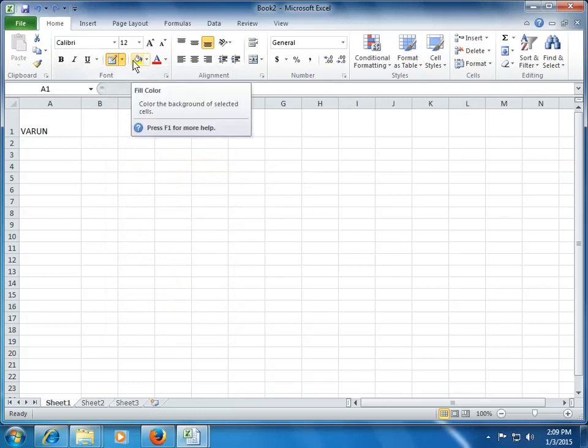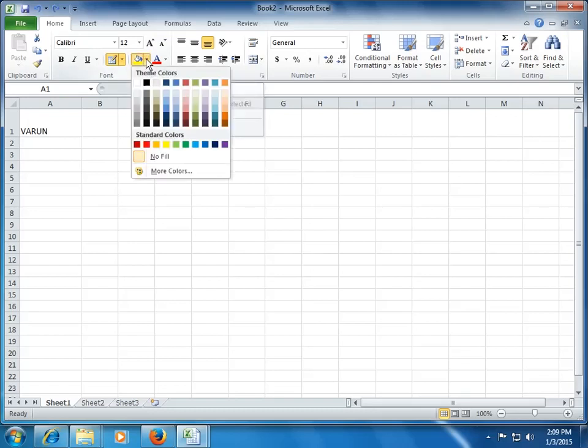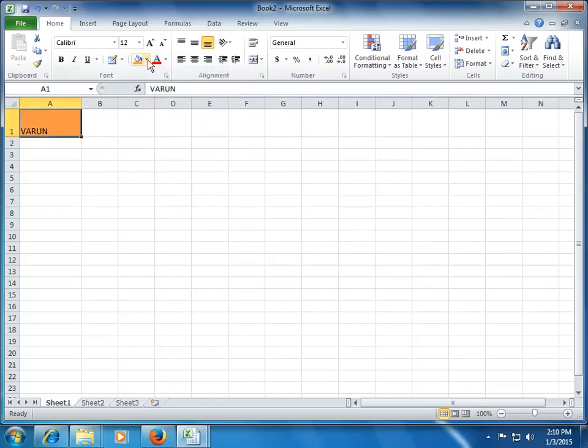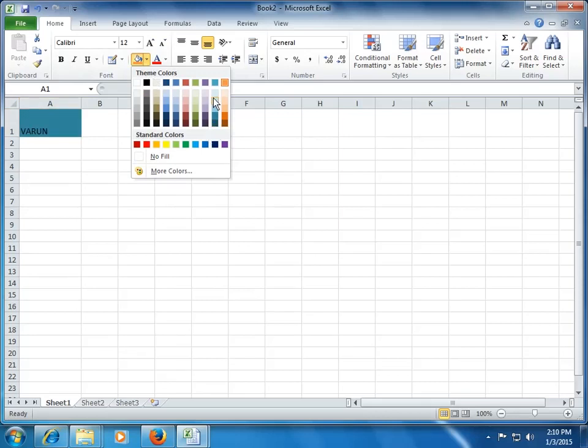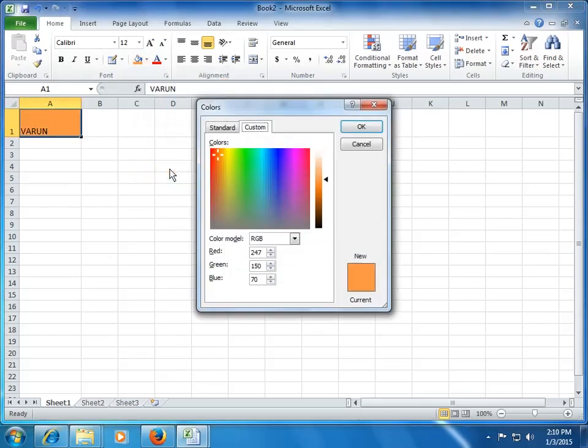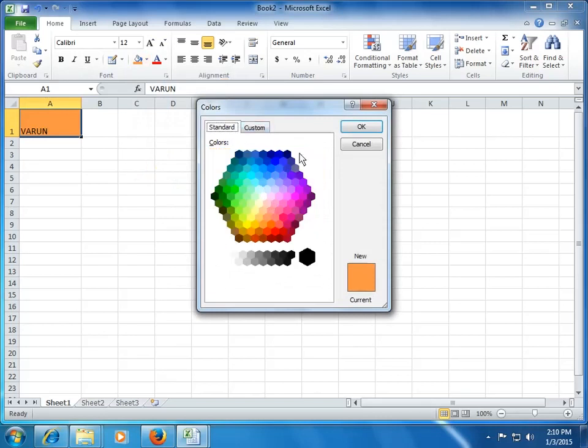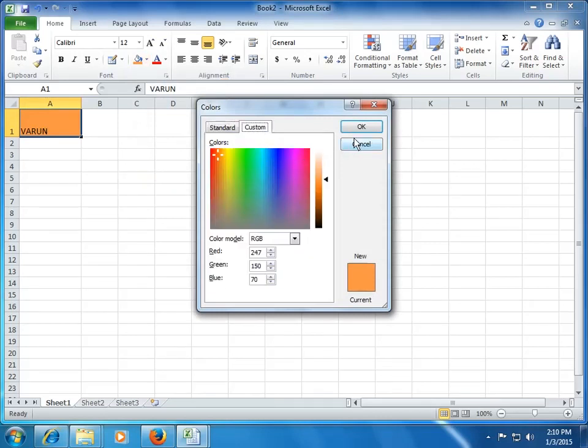Okay, the next thing and the important thing which we do in our Excel formatting is to highlight the cell or to change the font color. What I mean by highlighting the cell is when we use this drop down, okay, I can choose any color and you can see the live preview on cell A1. So as I am moving my cursor to different colors, I can see that the cell is filled or highlighted with the given color, right? It's not necessary that I choose the default color given here. I can also go to more colors and can choose any standard or custom colors from here, right?